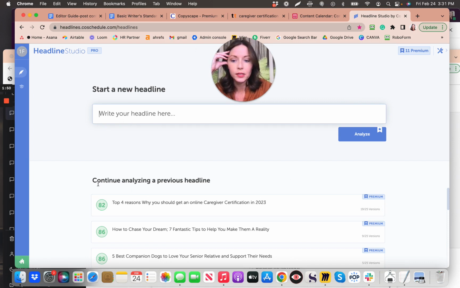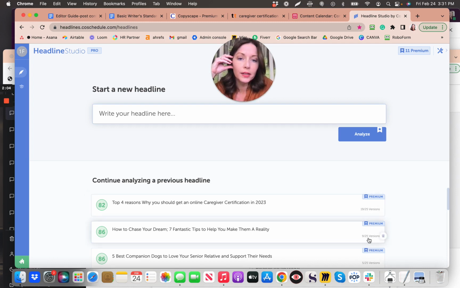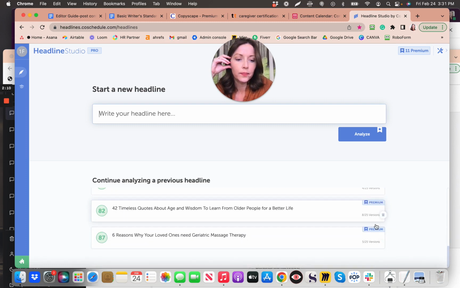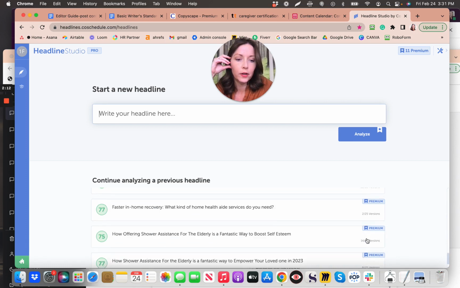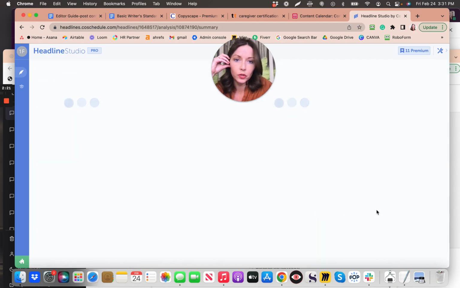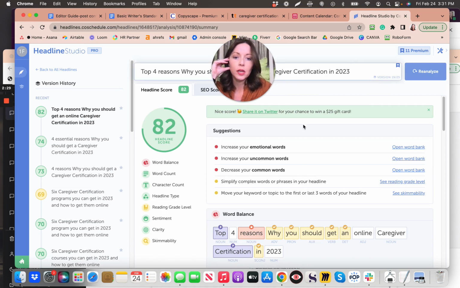You can go down, see this, continue analyzing a previous headline. That will really save us money if you can go down in here, just see this number, 19 out of 25. That's how many tries that we have before we need to put more money in here. So let's use up all 25 of the tries that we have. I could literally click on any of these and it will give me up to 25 tries per session, basically, and those are all sessions. So you just click on one of those,